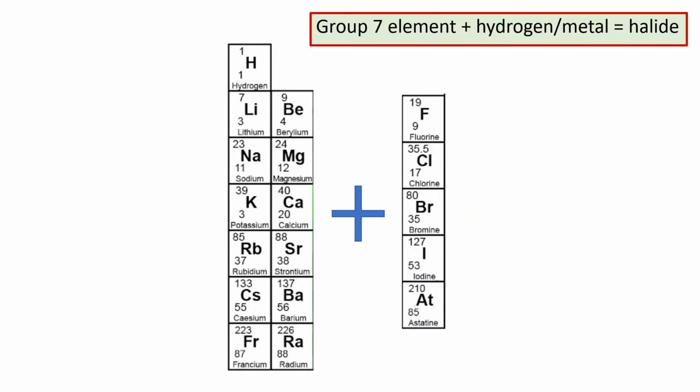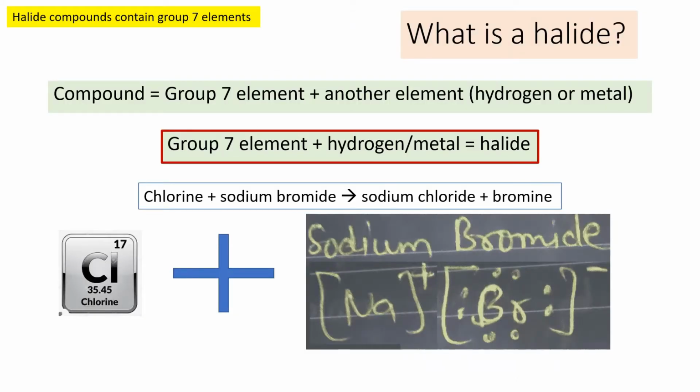If you look at group 7, you've got fluorine, chlorine, bromine, iodine, and astatine. The further up you go in group 7, the more reactive it is. So fluorine is the most reactive, and astatine is the least reactive. So bromine is more reactive than iodine, chlorine is more reactive than astatine. So because chlorine is more reactive than bromine,